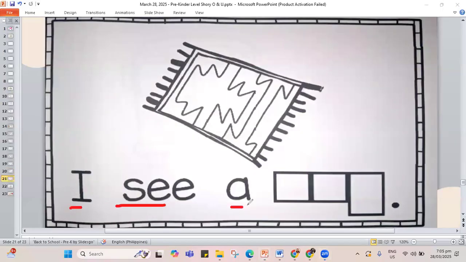I see a rug. The rug that you see on the floor. R, U, letter G, rug. So let's read it again. I see a rug. That's rug. Let's erase this one. And that ends our work for today. That is going to be the last page of your work, the sentence from your booklet about the rug.